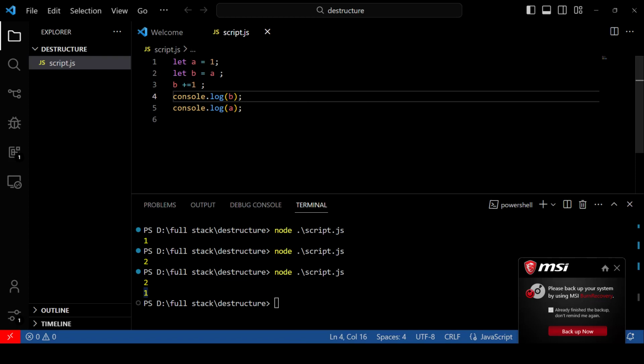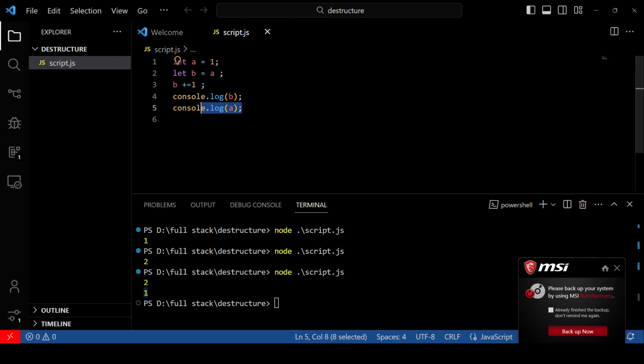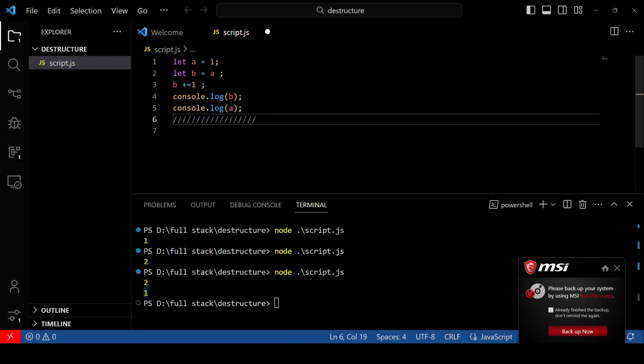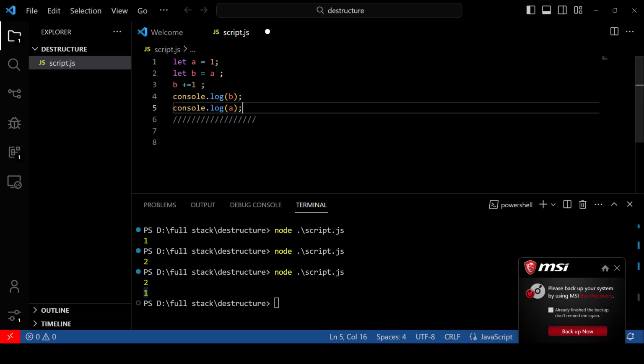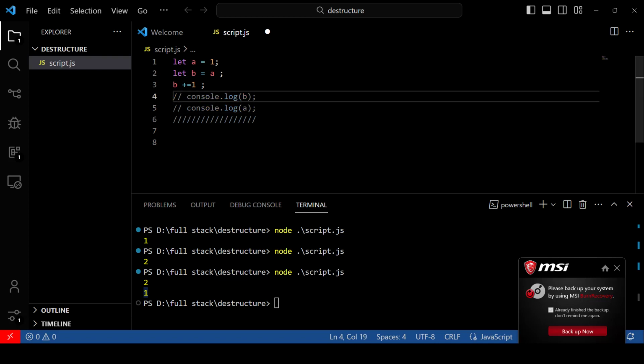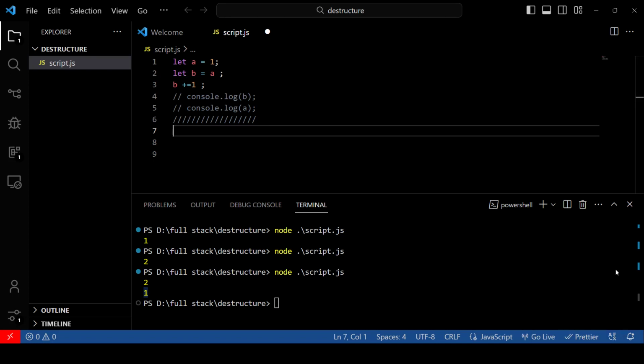It seems like it had a different reference in memory for itself. And while we assigned a to b, JavaScript gave a different stack in memory for variable b because they were primitive data types. So let's comment out this part, and let's give an example about passing reference and how copying is done in